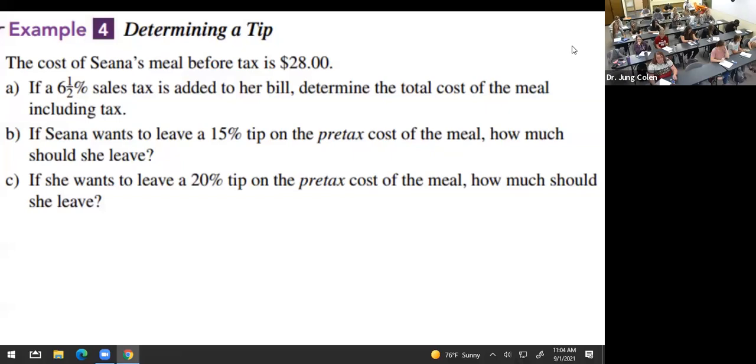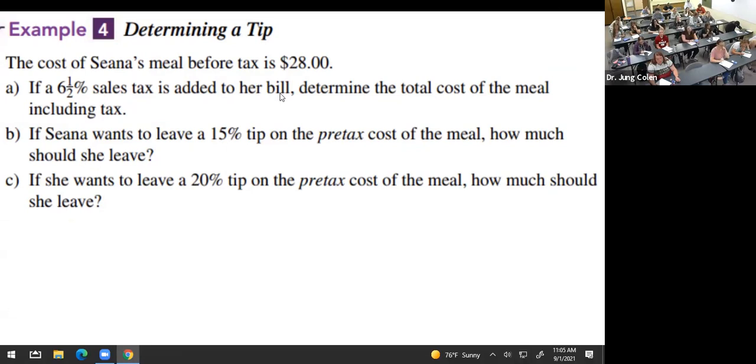So the problem is: the cost of Sienna's meal before tax is $28. Is it after tax or before tax? Before tax. So we need to pay tax extra, right? On top of $28. Okay, if 6.5% sales tax is added to her bill, determine the total cost of the